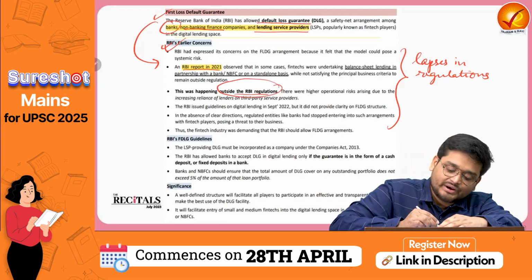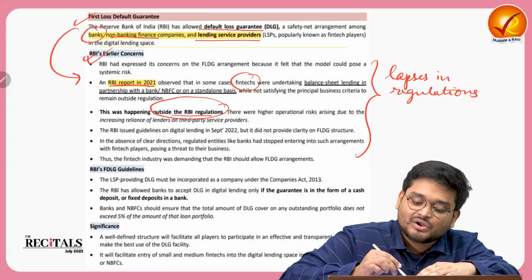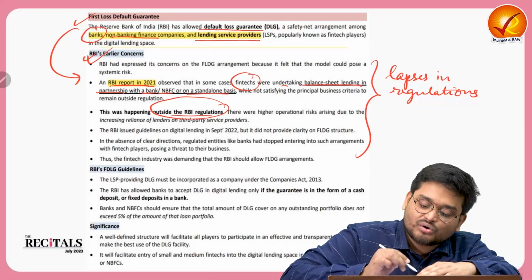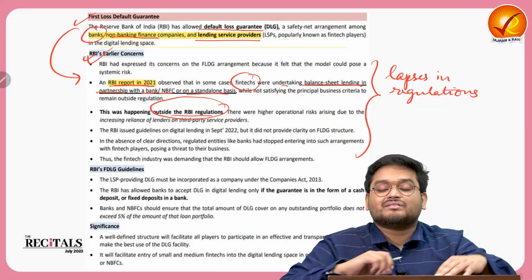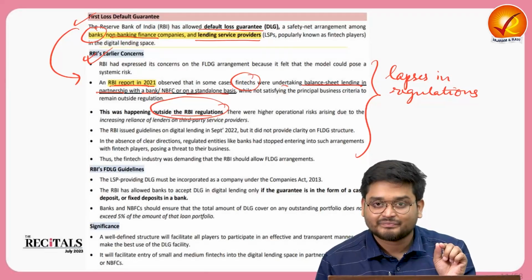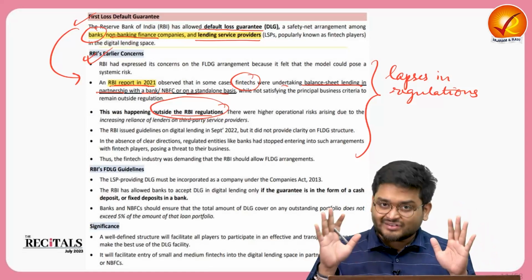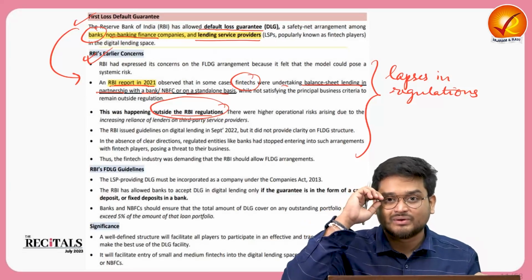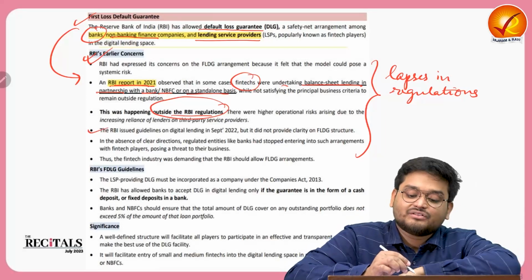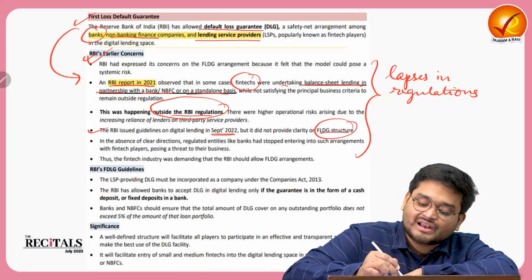Right? According to a 2021 report, it was observed that in some cases, these fintech companies were undertaking balance sheet lending in partnership with a bank or NBFC or on a standalone basis. That means it is not following the RBI's norms of giving loans properly, right? Without getting into this balance sheet issues, let us understand very simply that they were not following the regulations of giving loans to the people. Correct? Then the RBI issued guidelines on digital lending in September 2022, but did not give clarity to this kind